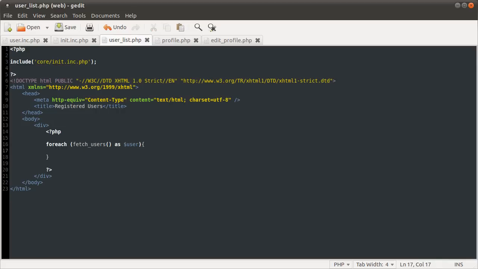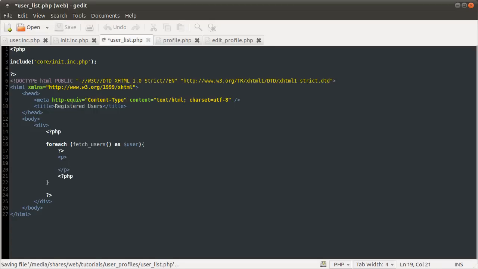Anyway, inside here we want some HTML, so we're going to close our PHP block and open a new one, just so we don't have to echo big chunks of HTML. The HTML we're outputting is going to be a paragraph tag, which is a bit wrong, but never mind. Then we're going to have a link inside here, an anchor tag with href equals something we'll define in a moment. We do need the equals there though. Then we close that tag, and in this bit here, we're going to have the username, which is in the user variable for this user anyway. So we can just do echo